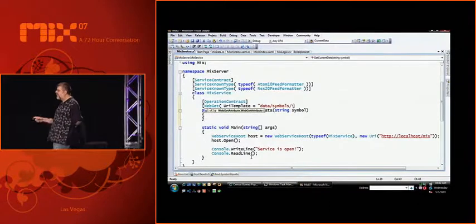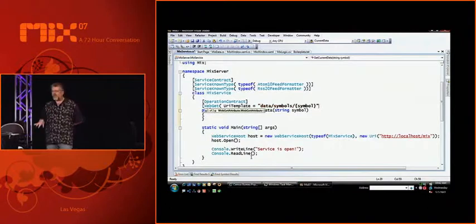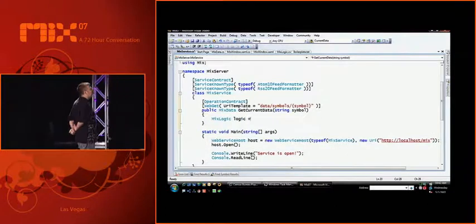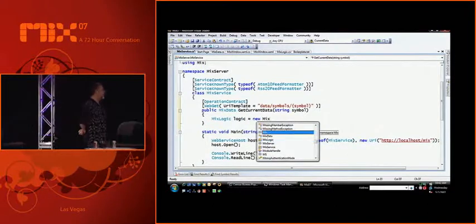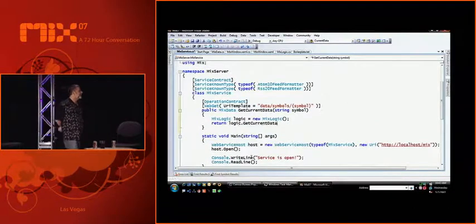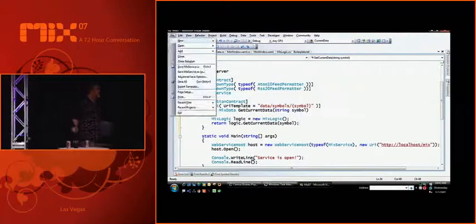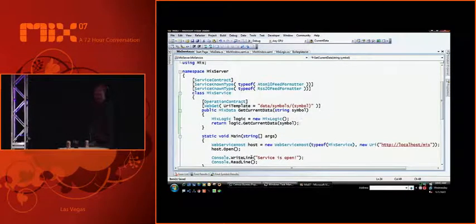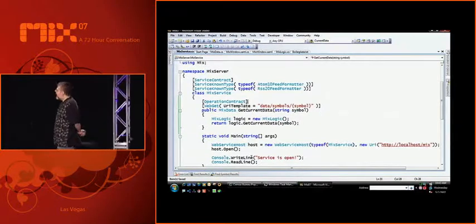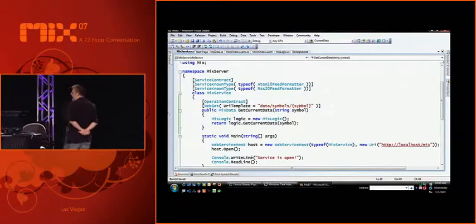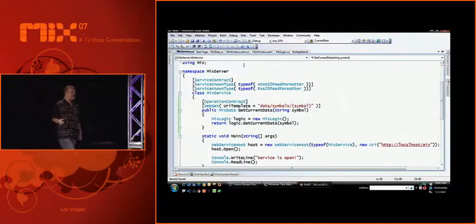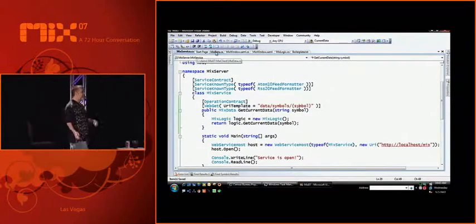So we're going to allow the contract itself to specify how the URI projects down to my code. We'll say if you go to whatever the base URI is, plus data, whack symbols, whack whatever, I will give you back one of these things. We're going to cons up the exact same little piece of code we wrote a second ago. This time we're going to run it on the server, and surface it this way. Now, that's the server-side programming model. Simple: we write a method, we add the WebGet attribute, and it supports HTTP GET semantics.